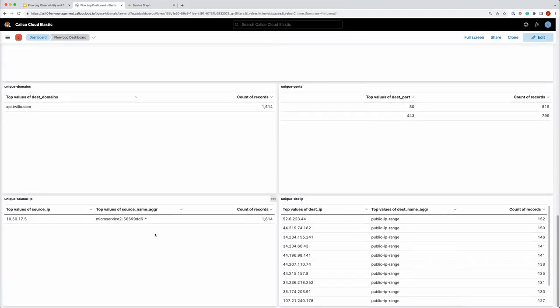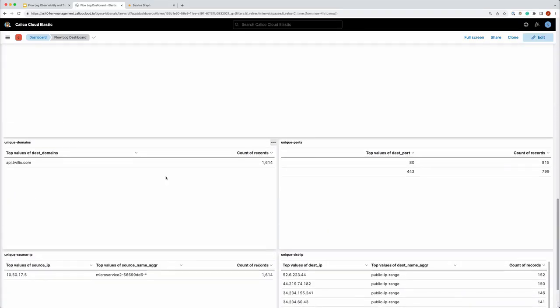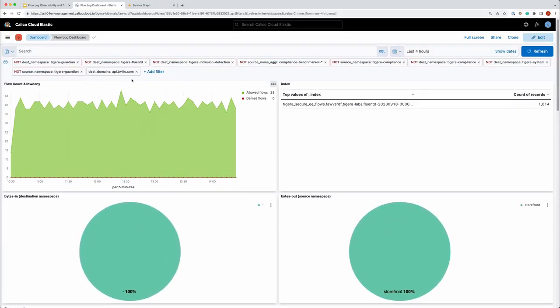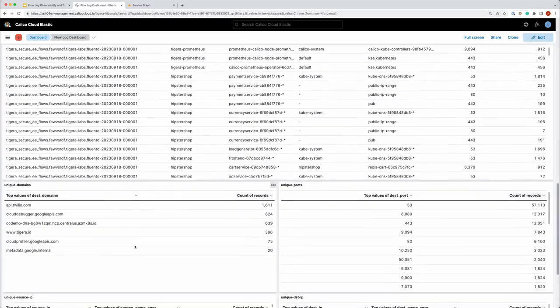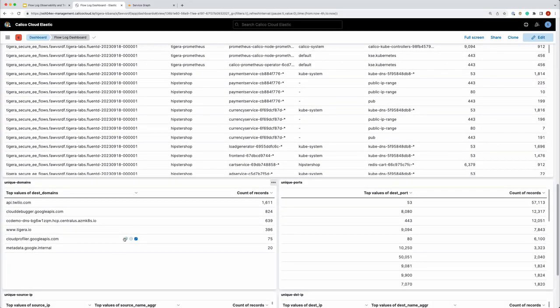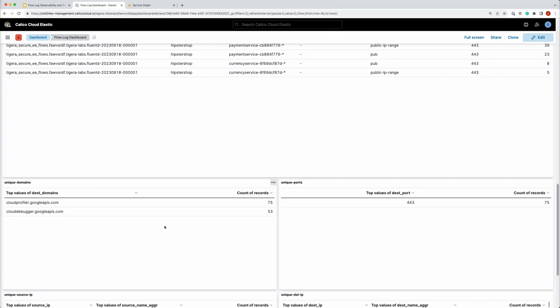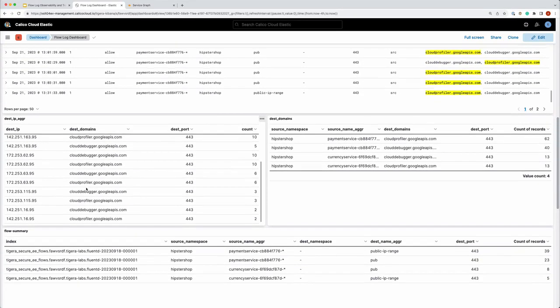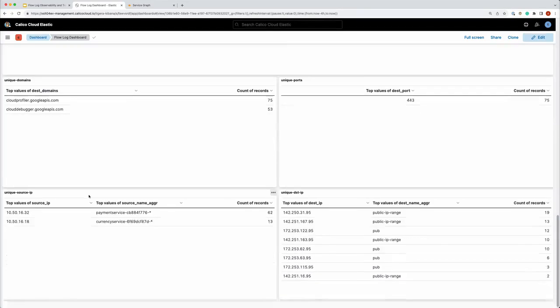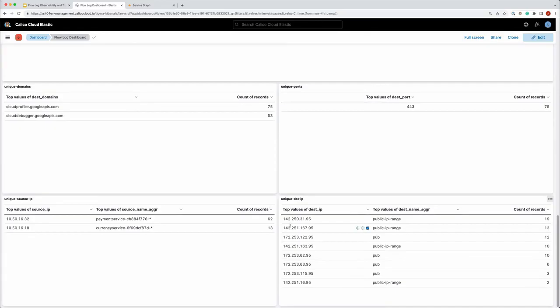All right, so let's take another example. If I go further down, let's say I'm interested in identifying the workloads sending traffic to the Google API here. As I apply a filter, I'm able to identify the workloads doing so over here, and they seem to be sending traffic on port 443. And if I go further above, very similar to what we saw with Twilio, the Google API over time was resolving to